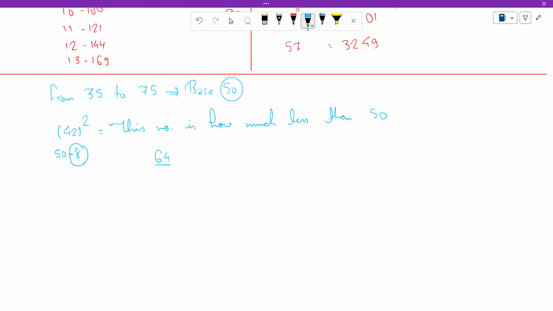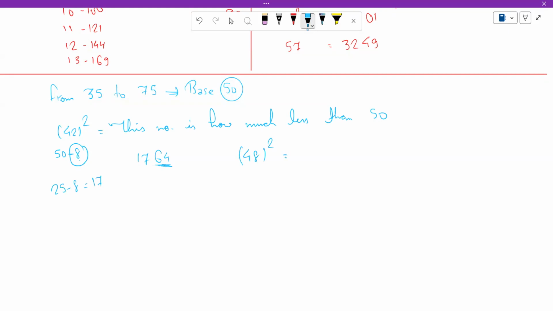So what I'll do is 25 minus 8, which is 17. So the square of 42 will be 1764. Always remember that when I calculate the square of this number, we will always take two digits here. For example, if I tell you to find the square of 48,